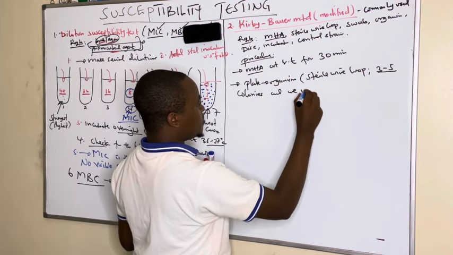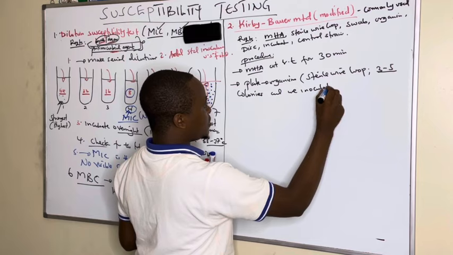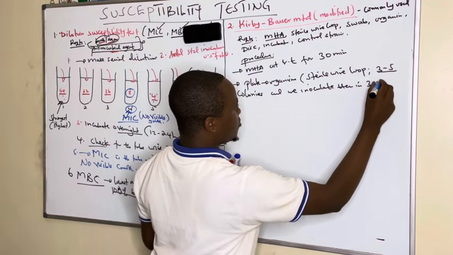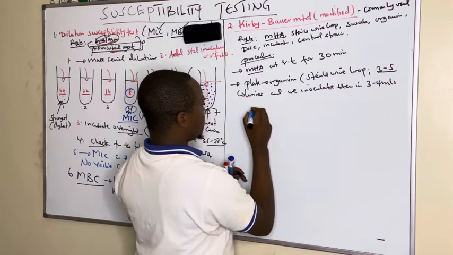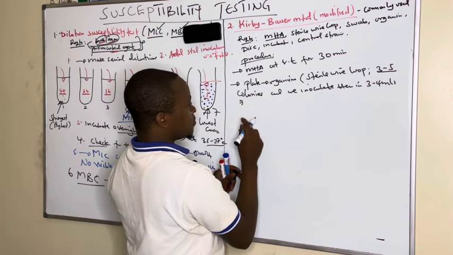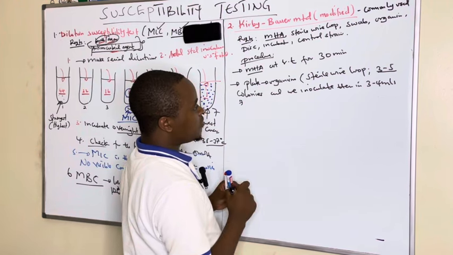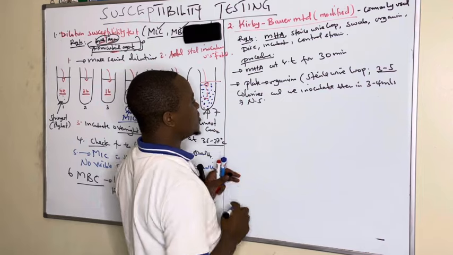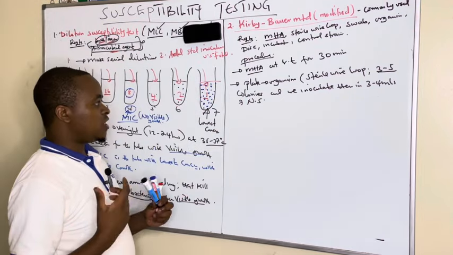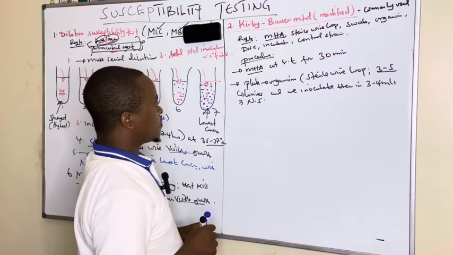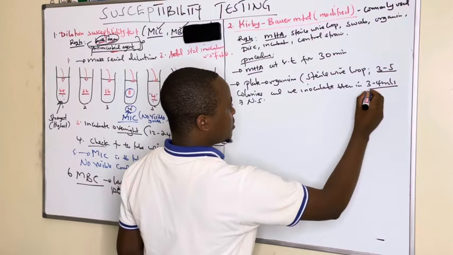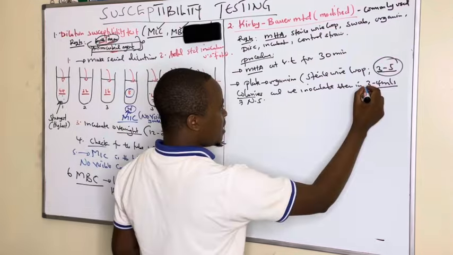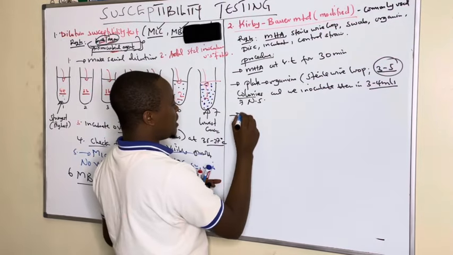and we inoculate them in 3 to 4 mils of normal saline. We can use normal saline here, or we can use distilled water. So after we have picked these 3 to 5 colonies and added them in 3 to 4 mils, now we come and adjust the inoculum,